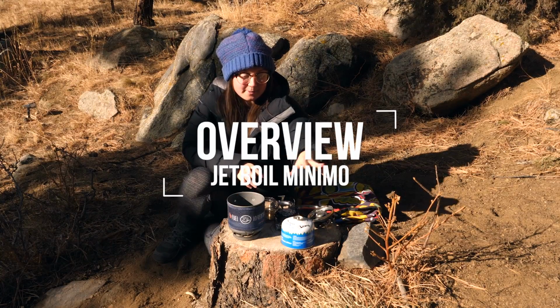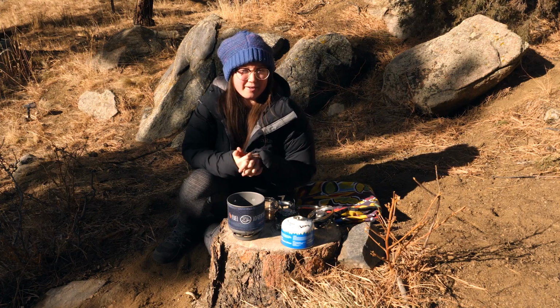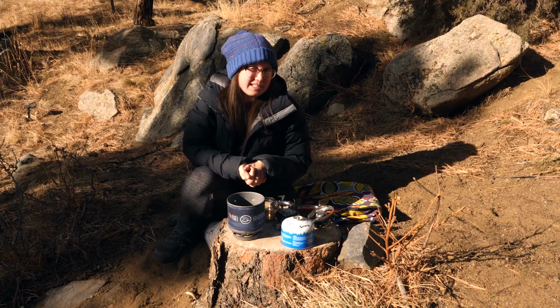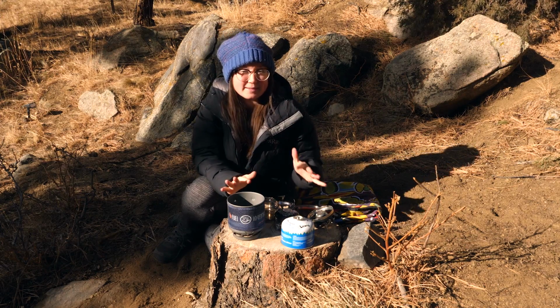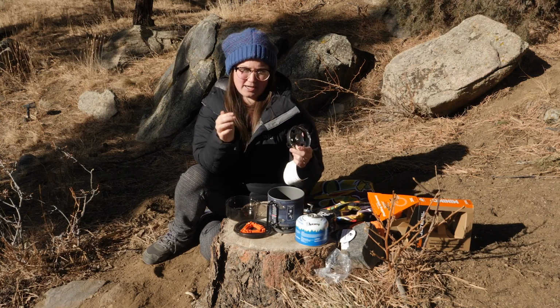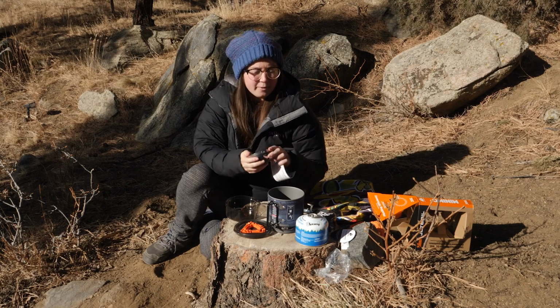The Jetboil functions with isobutane and is said to be fuel regulated down to 20 degrees Fahrenheit, which is really nice, but might not be so great for deep winter camping. So if you're going below freezing, this might not be the system for you. It was designed in the US, but made in China, and retails for $149.95, so about $150,